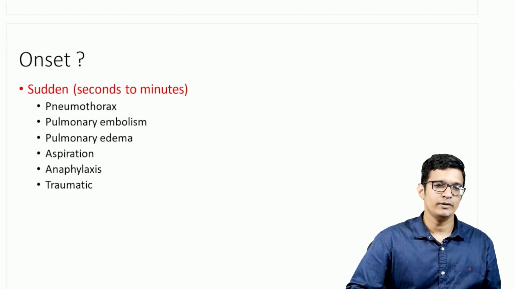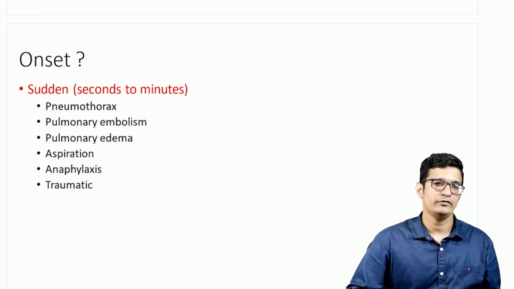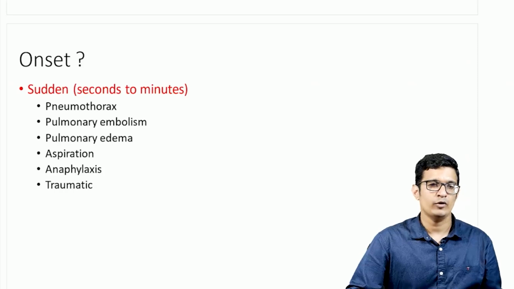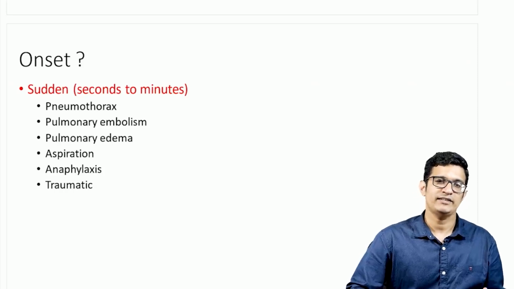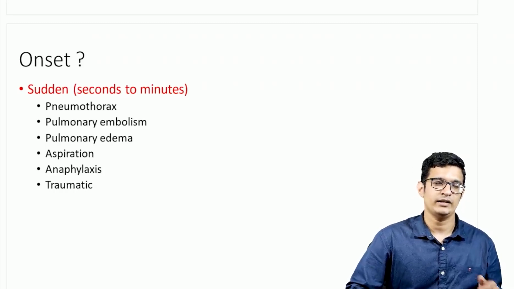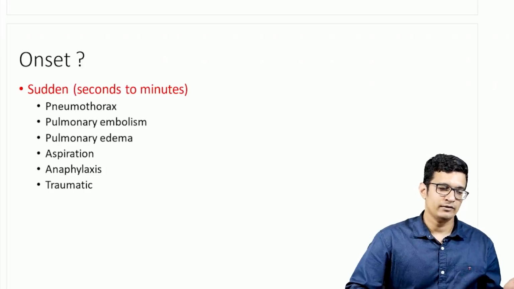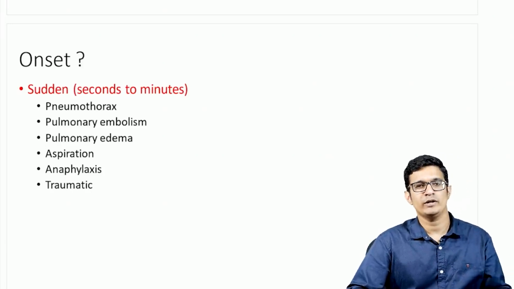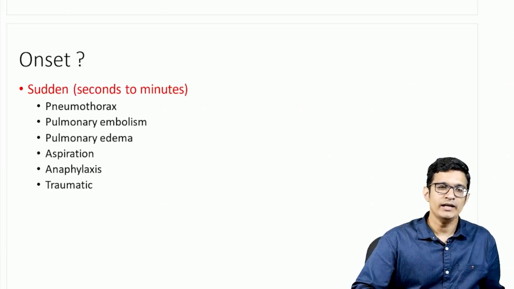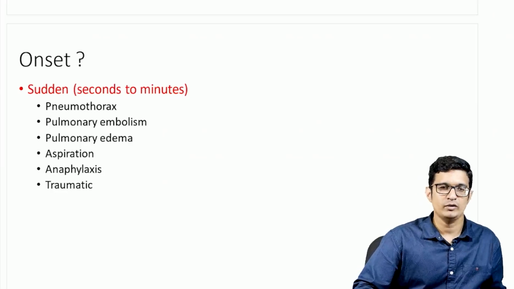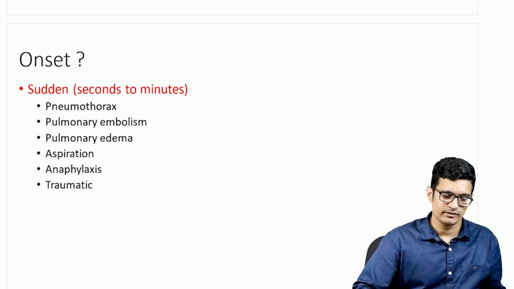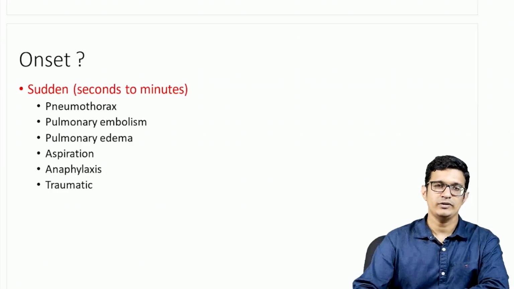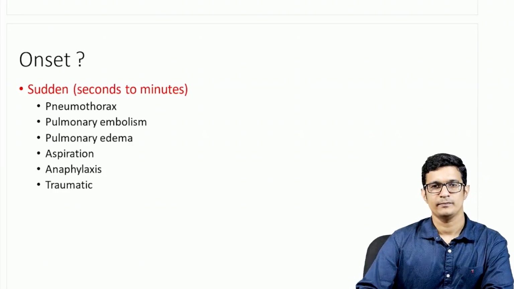But this neurogenic mechanism may be very weak in elderly people who are bedridden, or people who have had a previous cerebrovascular accident and have some brainstem reflex dysfunction, in the form of some bulbar palsy, etc. So those elderly females or males who are bedridden in your homes due to chronic cerebrovascular accident are likely to aspirate foodstuff into their lungs and present with a sudden onset breathlessness. So aspiration is one of the causes of sudden onset breathlessness.